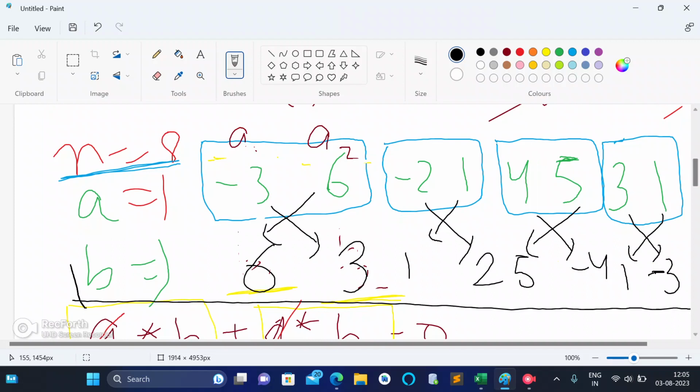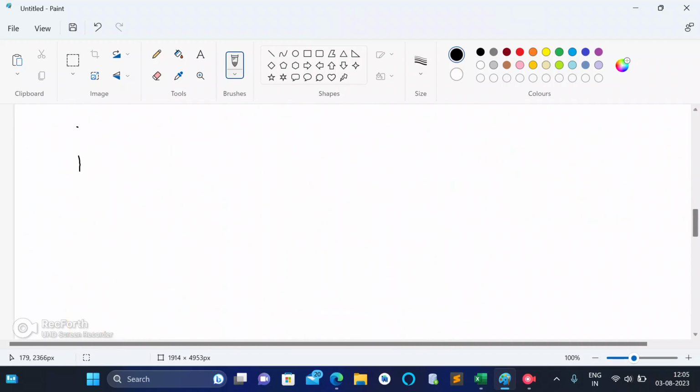So don't you think in this manner we will easily be able to form our array B? So now our array B becomes 6, 3, 1, 2, 5, minus 4, 1, minus 3. So if n is even,